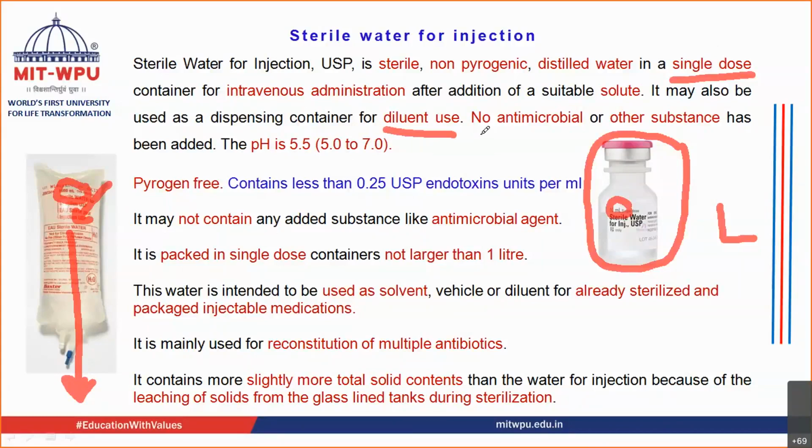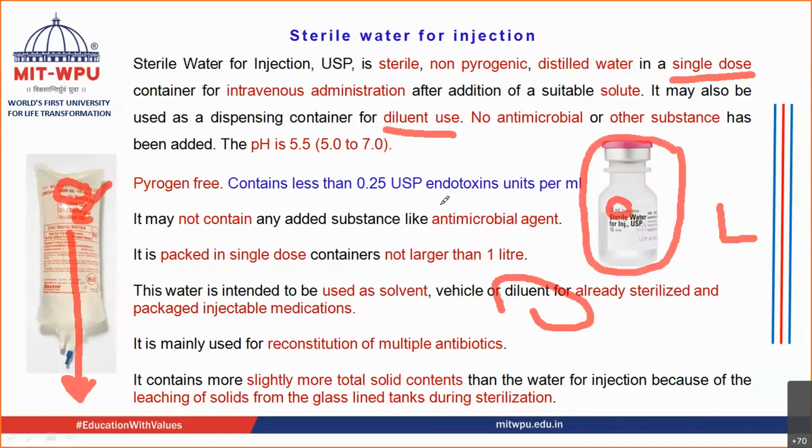dilution, and as it is going directly inside the body, no sterilization is going to take place after this. Whereas when you are using only water for injection, then this preparation has to be sterilized later on. So the sterilization process has to be carried out when you are using water for injection, whereas sterile water for injection is directly ingested inside the body. The sterilization process is not carried out. Hence, no microbes should be present.